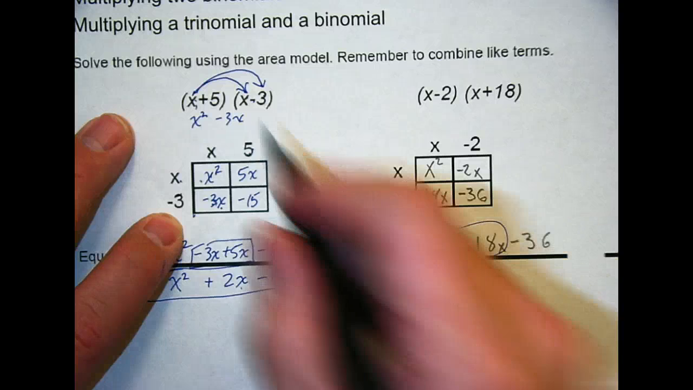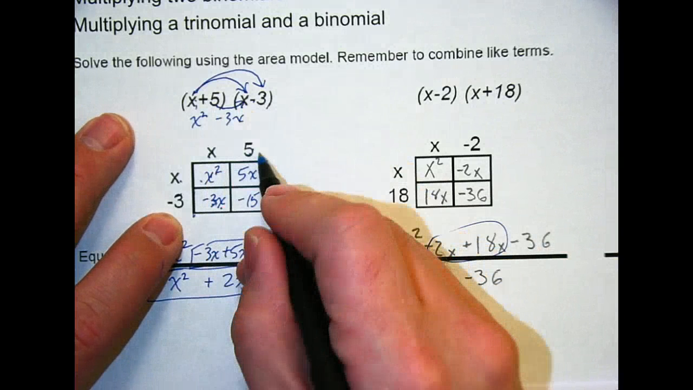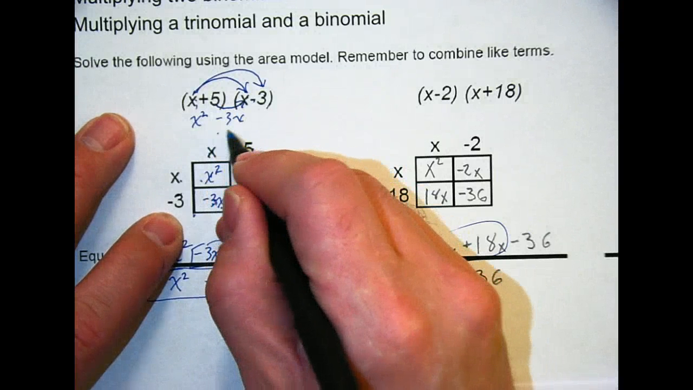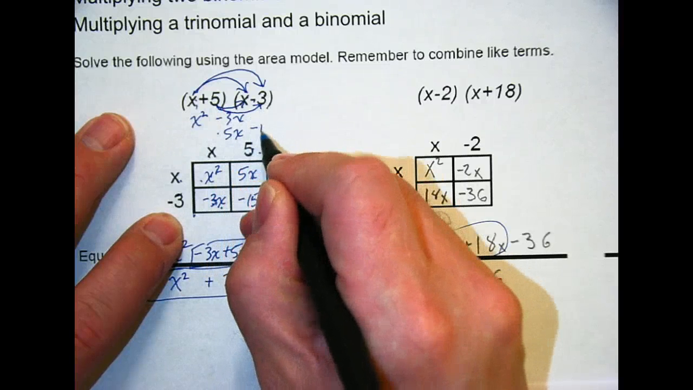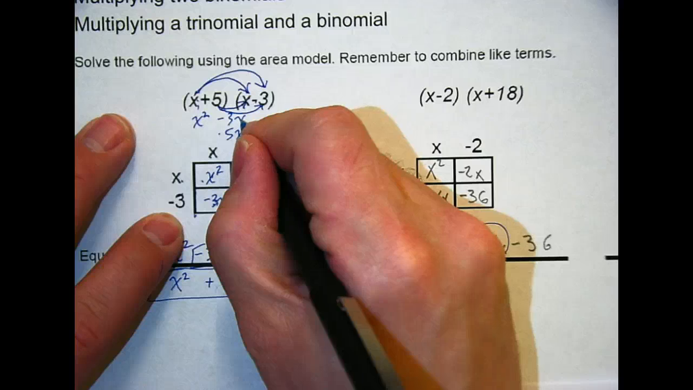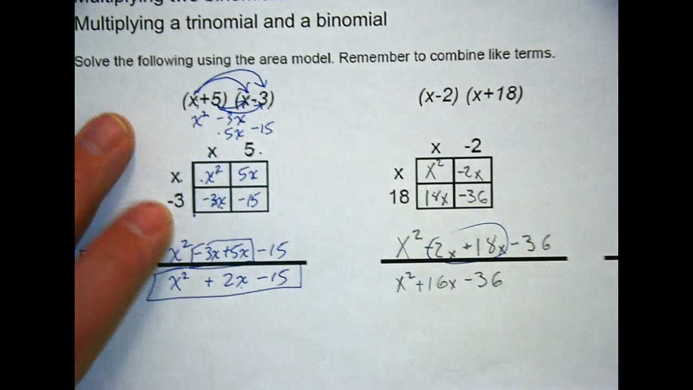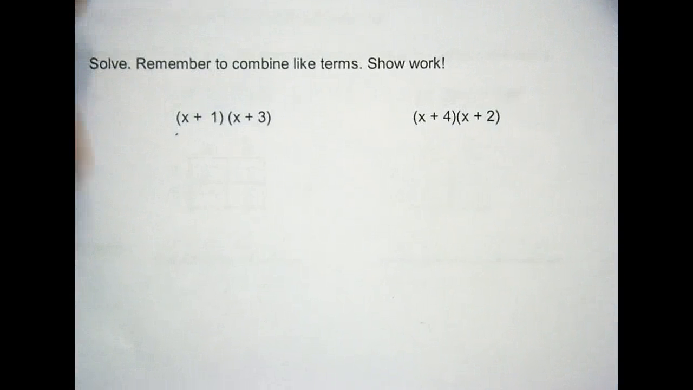You could then go 5 times x, and then 5 times negative 3. So 5 times x is 5x. 5 times negative 3 is negative 15. That'll give you the same pieces that you had here. Okay, so rather than doing the box every time and having to draw a box, you could go through the process of